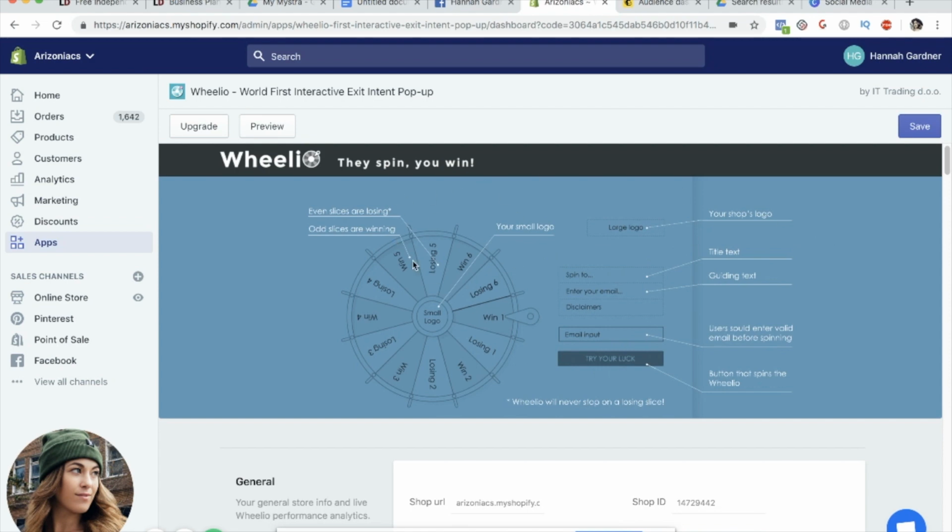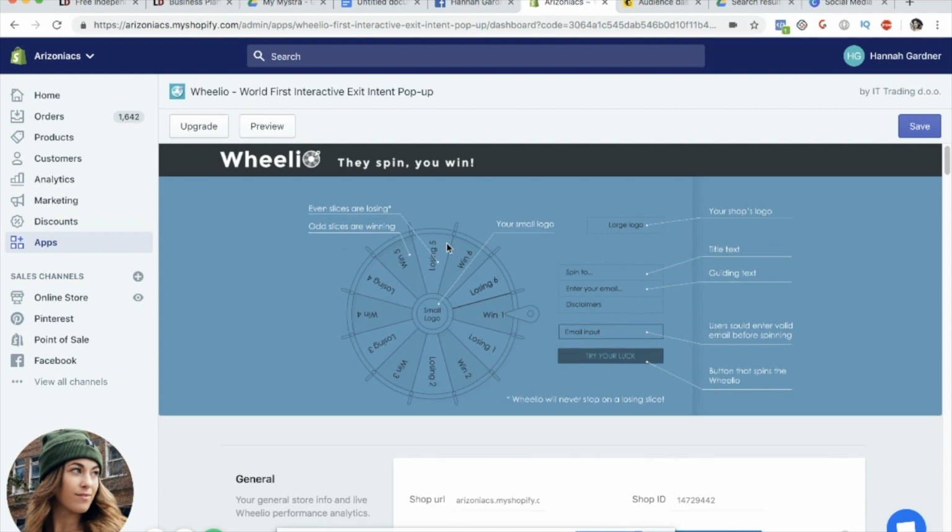So when they go to the website, there's this pop-up that comes up, and it basically asks if you want to spin the wheel, and if they spin the wheel, you're giving them some kind of prize. You can set the odds of the wheel landing on certain discounts or whatever you want to do, or maybe it's not even giving them anything. But in exchange for them to spin the wheel, they have to put in their email address.